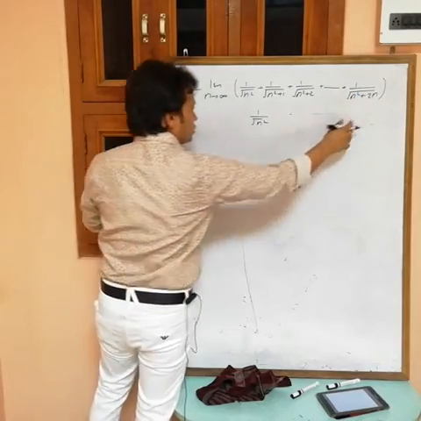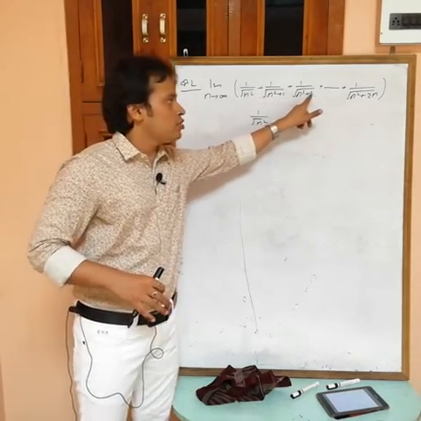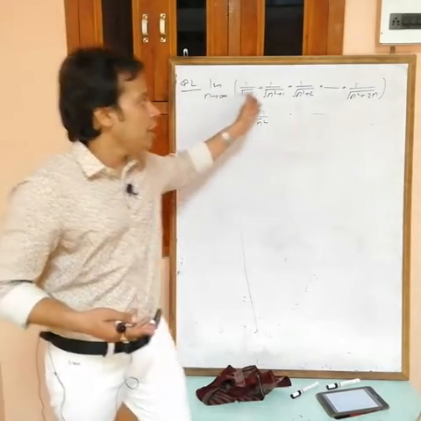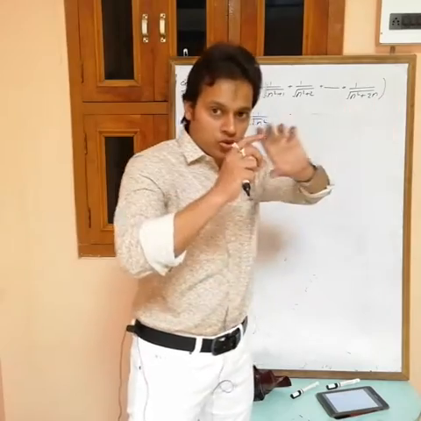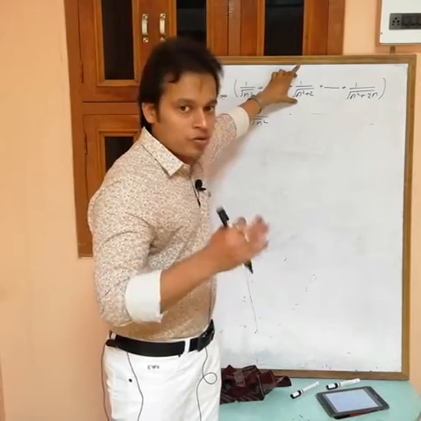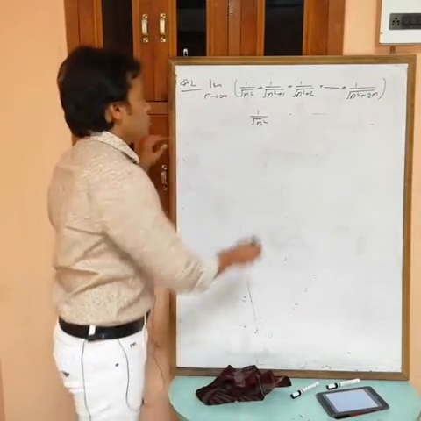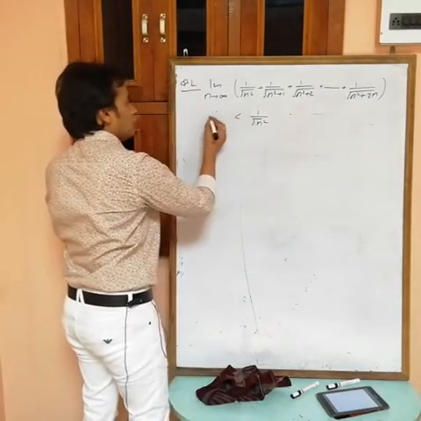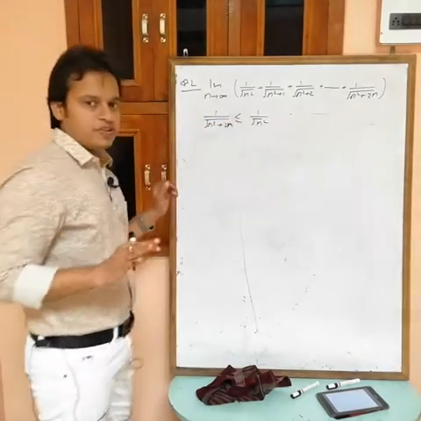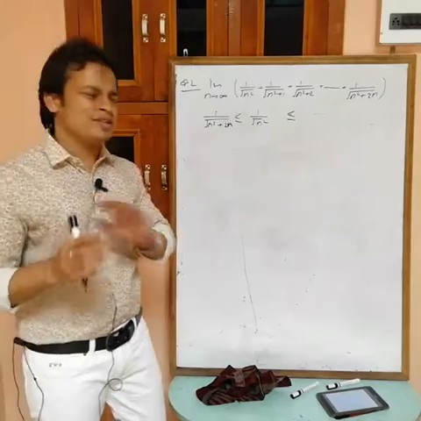greater than this one. See now, in the denominator we are adding. If we are increasing n square, then n square plus 1, then n square plus 2, so we are increasing the denominator. If you are increasing the denominator, then at the end you will get the least value, because the total value decreases. So this one is greater than 1 by root n square plus 2n. This is always greater than or equal to this one, and always less than or equal to. Whether you take the equality sign or not doesn't matter, because this is the sandwich theorem.